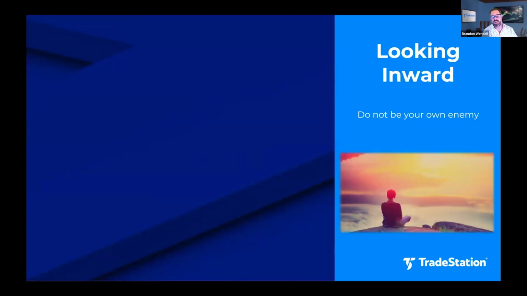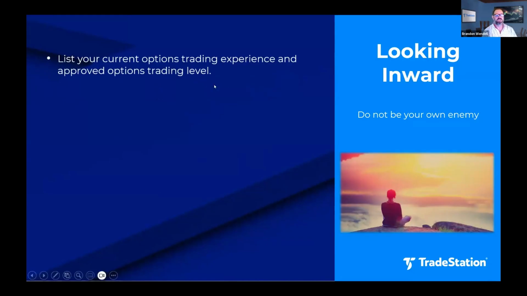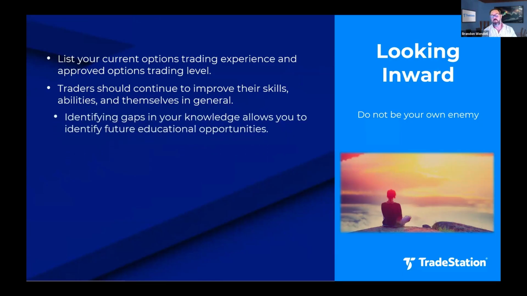Another thing I mentioned before, trading is very psychological, and you got to protect against yourself. List your current options trading experience and where you're approved right now. If you're looking to improve your skills and your level, figure out what you're going to do to get there. A lot of times it may just be amount of capital and experience, basically years in the markets. Figure out what you're missing as far as your gaps in your knowledge. Perhaps there's a certain strategy that you've heard of, but you don't really know. You might want to try it. Again, in the Options Education Center, there's a lot of different strategies you can try out and take a look at, see how they work.